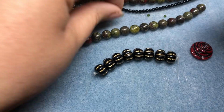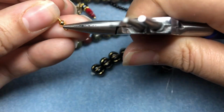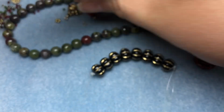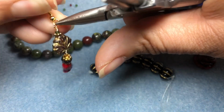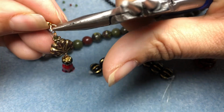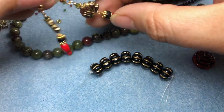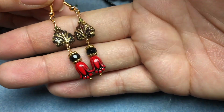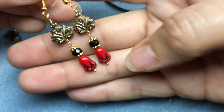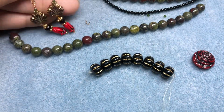All right, and I have an ear wire here. Just gonna swing this open, slide on my dangle. And then here is our cute little pair of earrings. Love those. I love these flowers. I love them. And then I may have to see if I can find those flowers, just like a whole